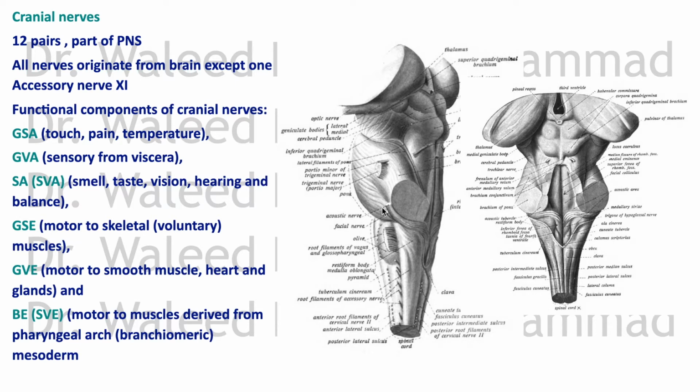As you can see here, this area is called the cerebellopontine angle because the cerebellum is back there. It actually has three nerves emerging from the brainstem. The medial one is the facial, then an intermediate one called the nervus intermedius, then the eighth nerve, which is the vestibulocochlear nerve, all coming from the area of the cerebellopontine angle, which is a common site for astrocytomas, a kind of brain tumor, and you can detect its symptoms from the pressure